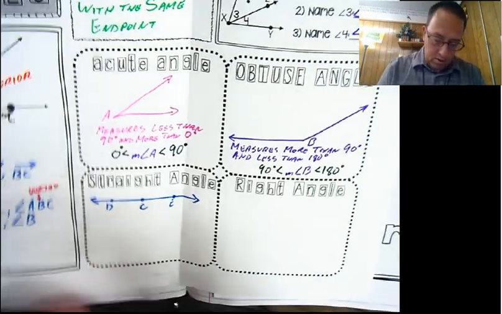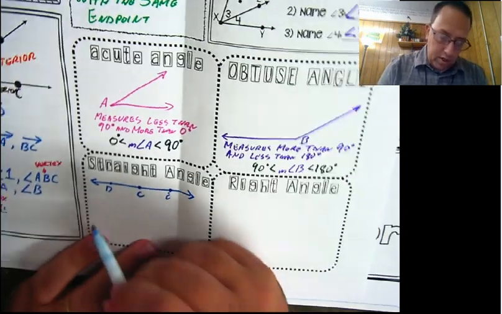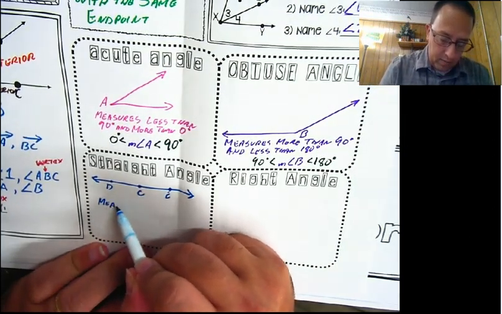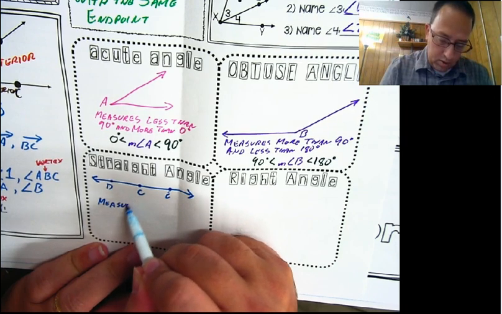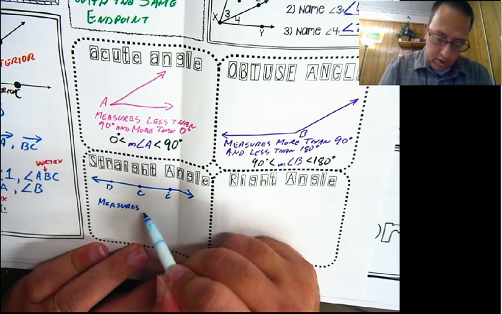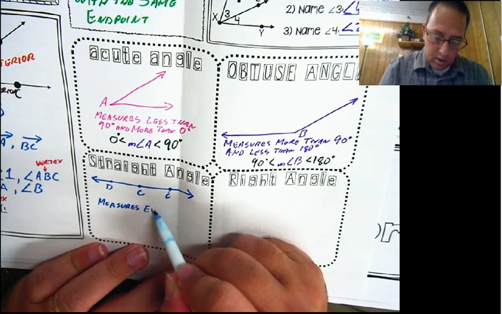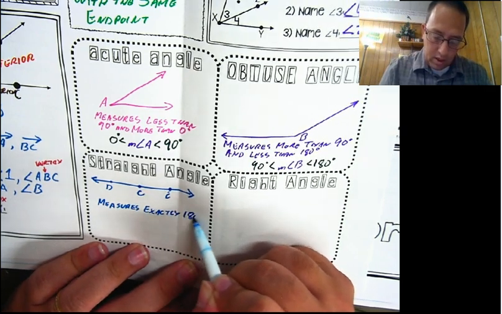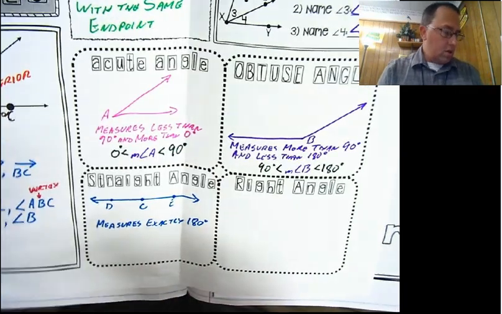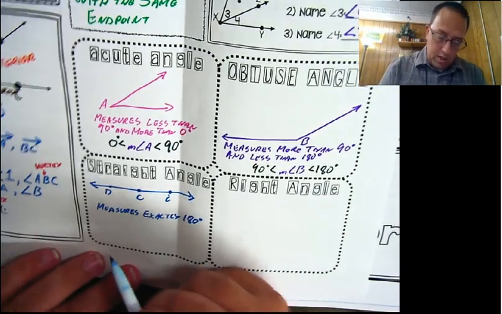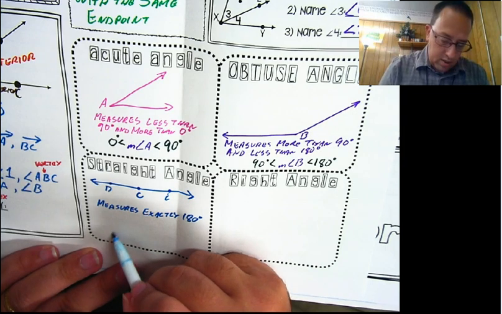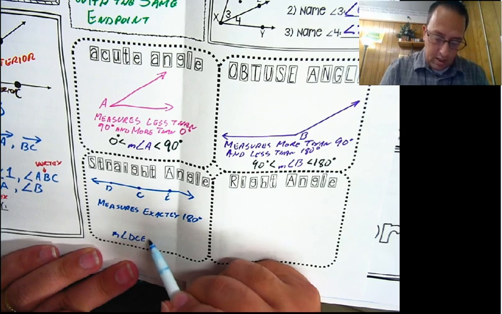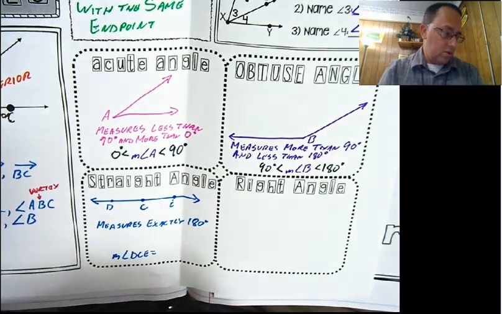Here, we have a straight angle. And a straight angle measures exactly 180 degrees. So, the measure of angle DCE equals